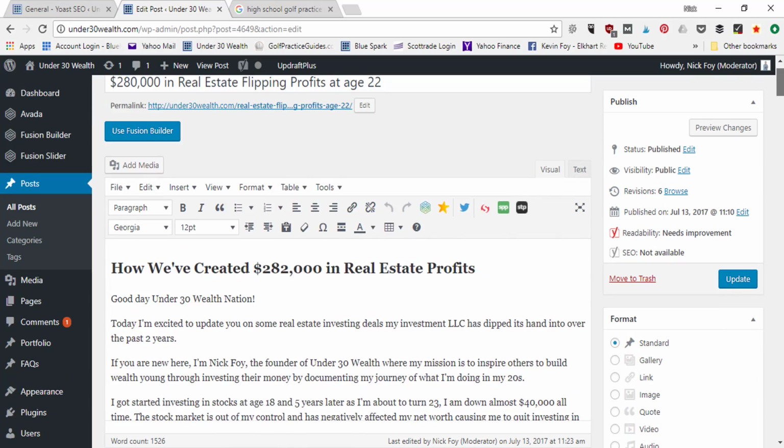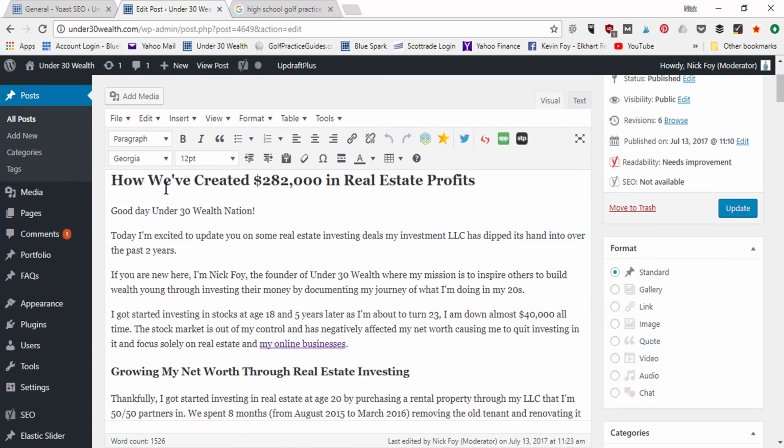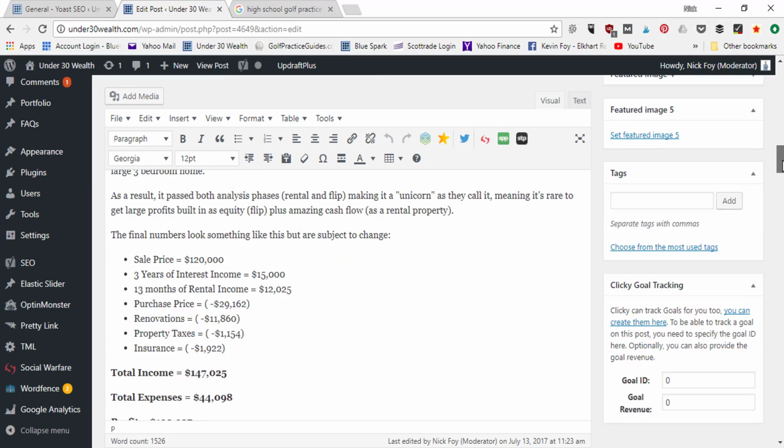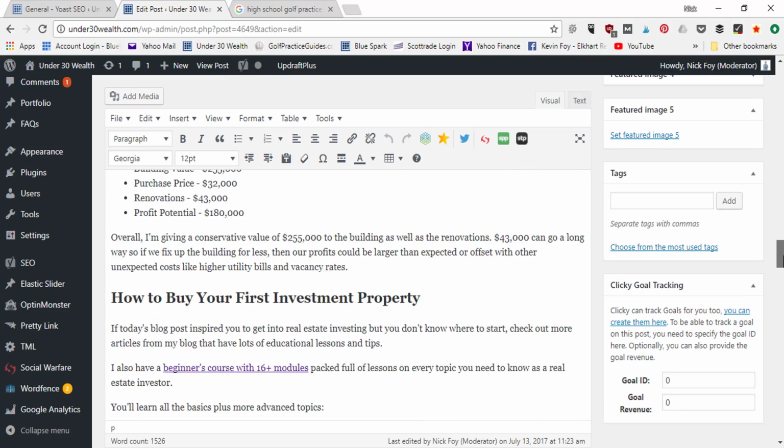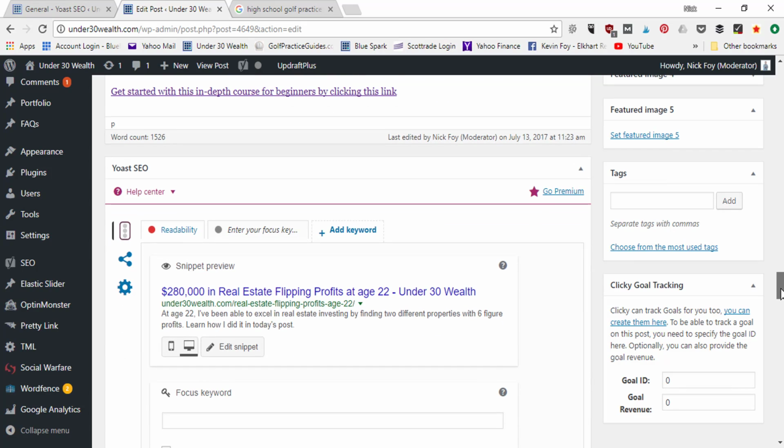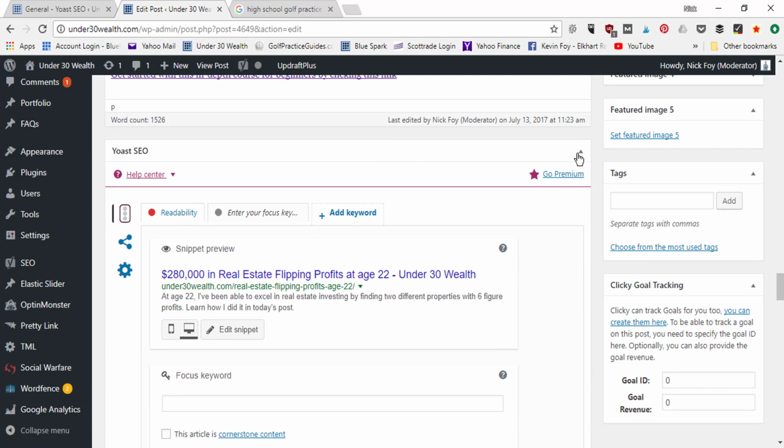You've got different headings here. So these big bold words are headings. So right here it says heading 2, and then you've got just normal paragraph text. All right, so that's key to point out because you're going to be optimizing those headings for different keywords in a moment. So as we scroll down here to the bottom, you're going to see the YOAST SEO plugin extension